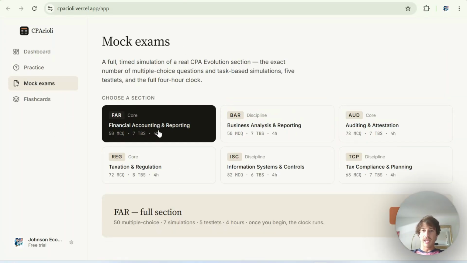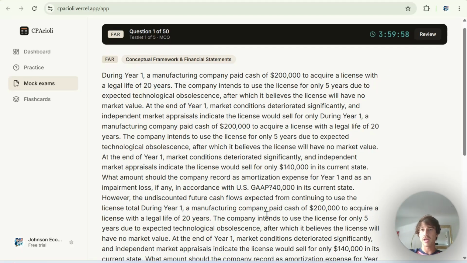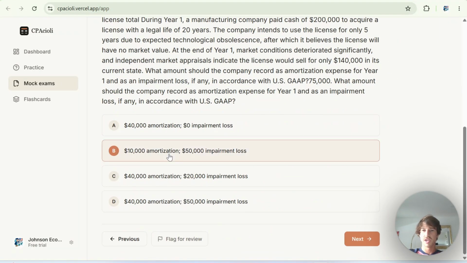So for mock exams, I really like this because it's exact. It has the same time and same questions and same task-based simulations as the actual exam. So this is literally like you're taking an exam. Yeah, it's basically like the test, pretty much. So you begin the exam. Here's the time, here's the questions, and here is